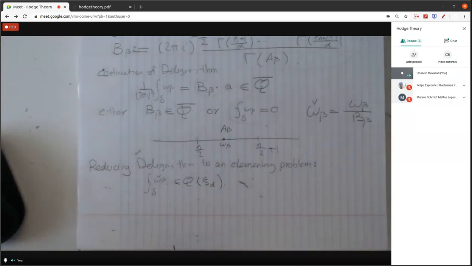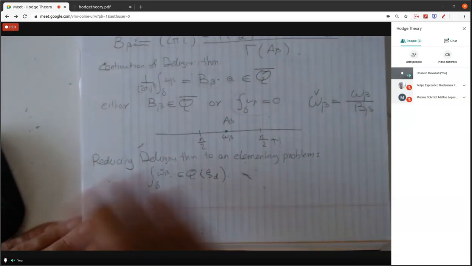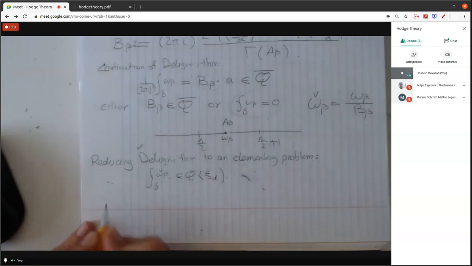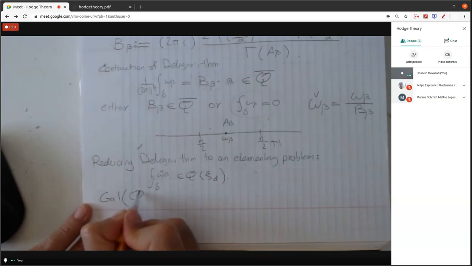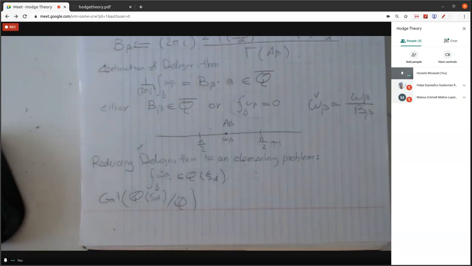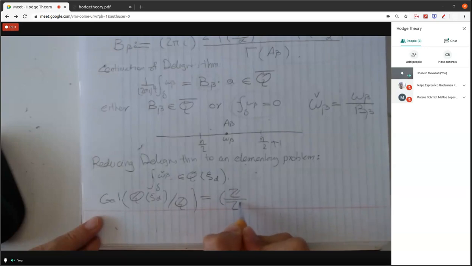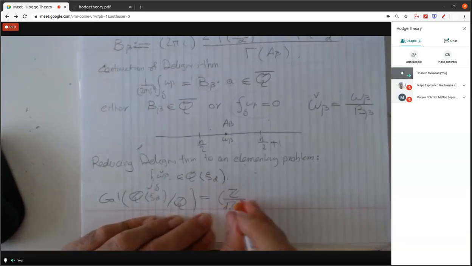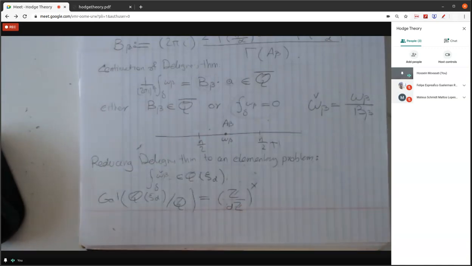So at some point we started to do Galois theory, the complex conjugate, but we will now use Galois theory. So the Galois group of Q zeta d over Q, we know that this is just the invertible elements of Z mod d Z. This is invertible elements,